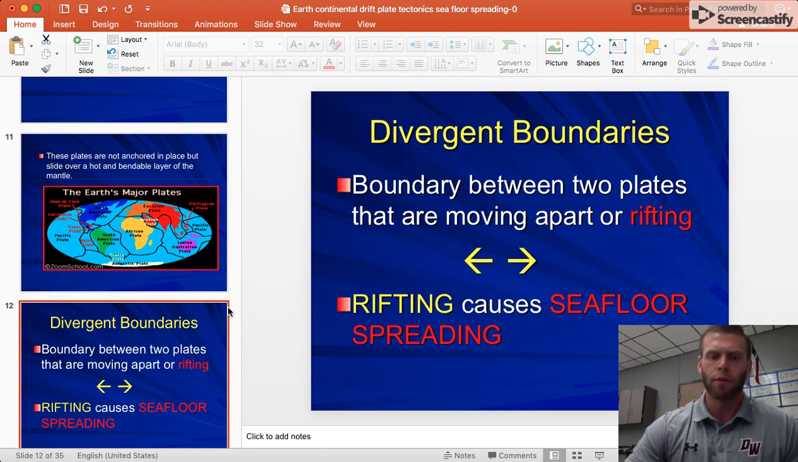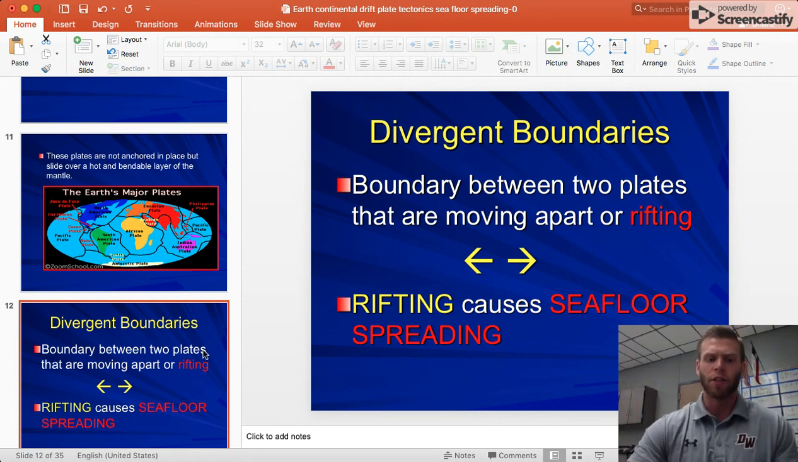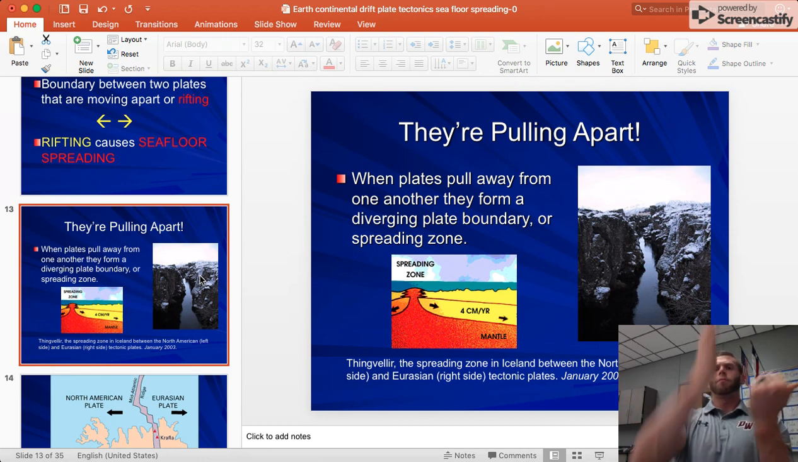Divergent boundaries. So what happens at divergent boundaries? These are boundaries between two plates that are moving apart. So the arrows are going opposite. If you're diverging, you're moving apart, and this causes seafloor spreading. You can see here with these divergent boundaries, when plates pull away from one another, it's a divergent boundary or a spreading zone. As it spreads, the magma from the mantle comes up,